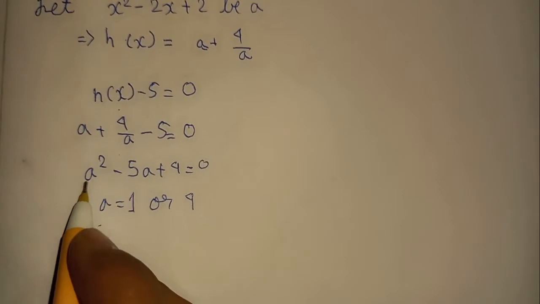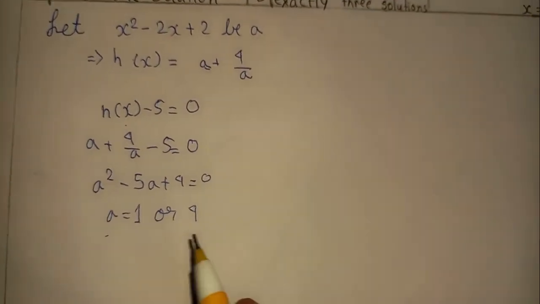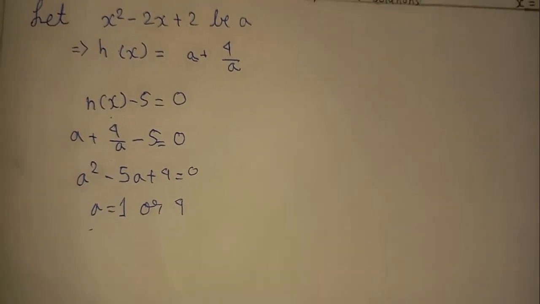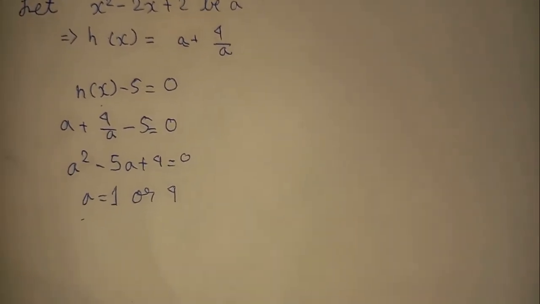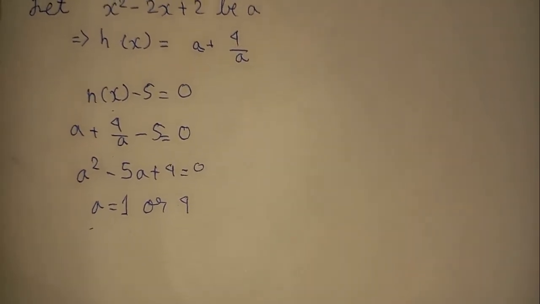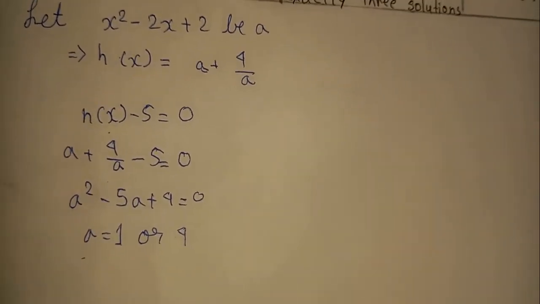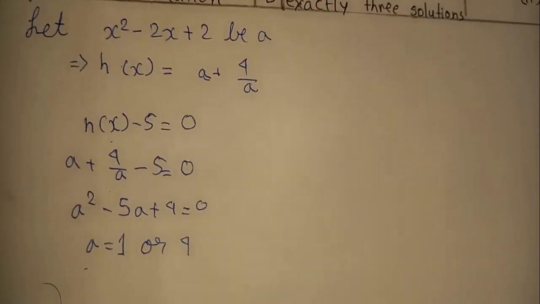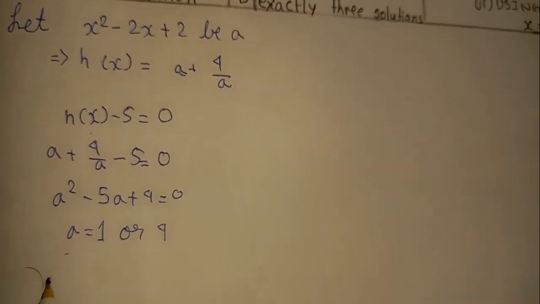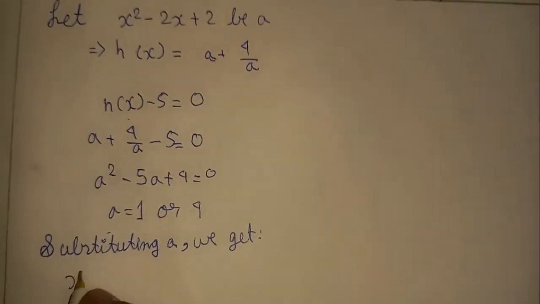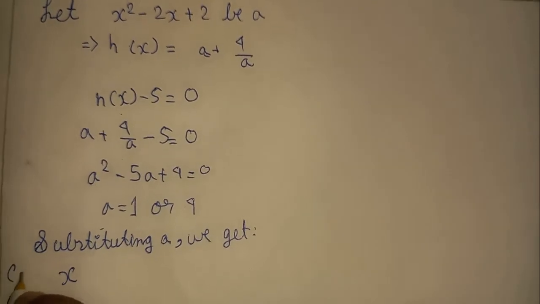If we put a as 1, we get 1 minus 5 plus 4, which equals 0. And again, when we put a equals 4, we get 16 minus 20 plus 4, which again equals 0. So both 1 and 4 satisfy the above expression h of x minus 5. Now let us substitute a. So substituting a, let us consider case 1,